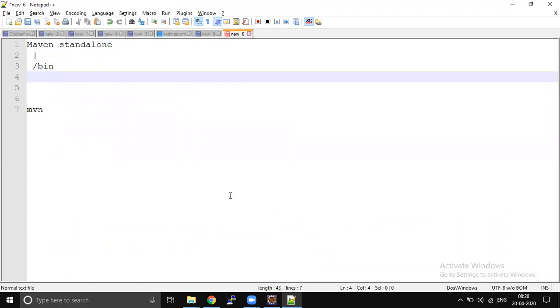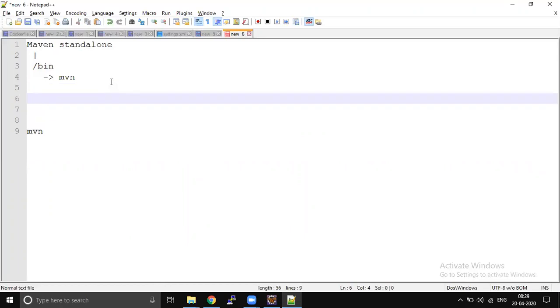Inside bin, we will have an executable file called MVN. To identify this MVN by your operating system, you have to add it to the system environment variables, the system path.